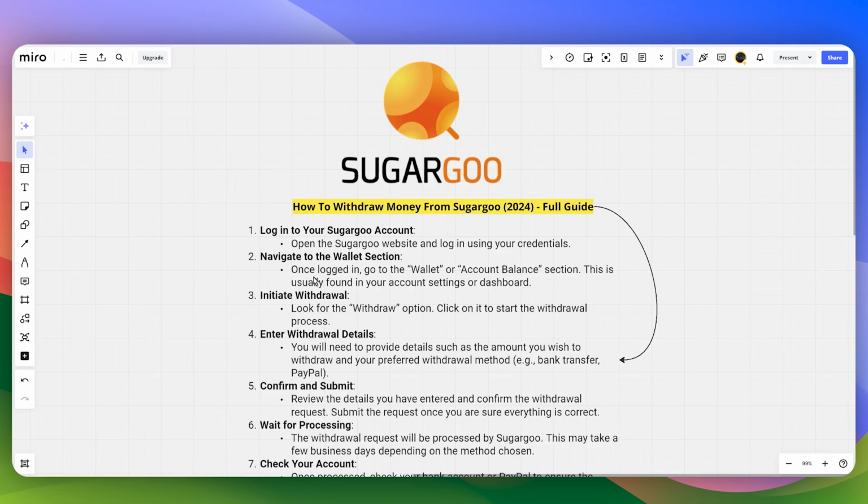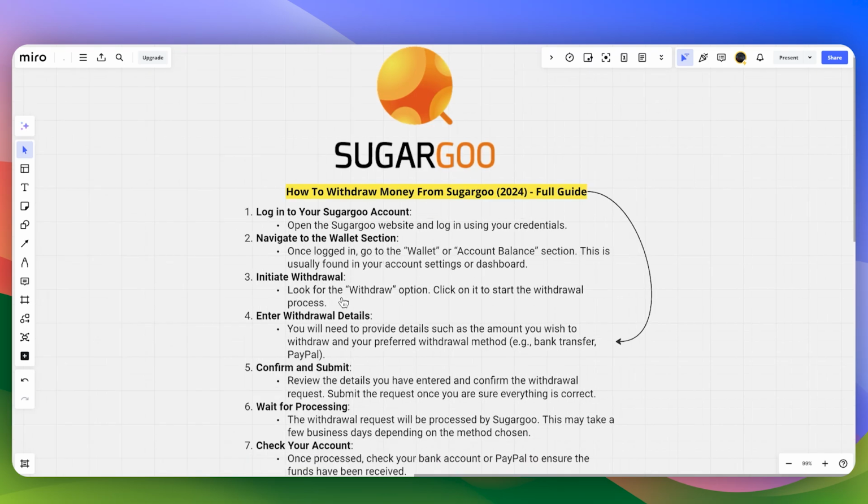And after that, once you are logged into your account, you have to go to the wallet or the account balance section. Now this is usually found in your account settings or the dashboard. And after that you have to look for the withdraw option. For that, simply click on the withdrawal process, and after that you will need to provide all of the details such as the amount that you wish to withdraw and your preferred withdrawal method like the bank transfer or